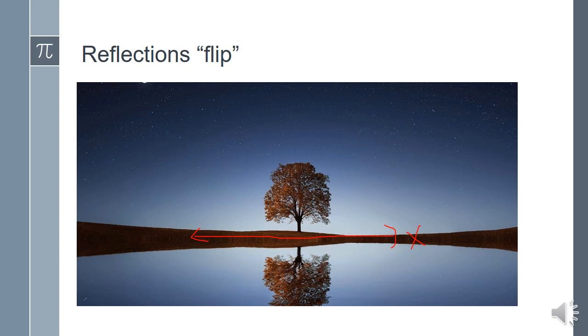A reflection is just a flip. It is a flip, and it's going to be flipping over a certain line. And so that's when we get into the coordinate plane. And I'm going to show you how to make that flip on the coordinate plane in a really simple way. All right, so